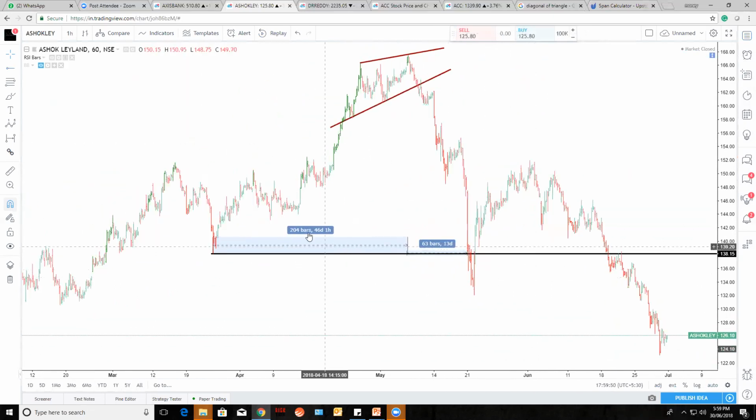And see, it took 204 bars, that is in 46 days, and the target came in 13 days. It's less than half. Or one fourth, how much it will become? 46 and 1/4. 46 1/4 is maybe 10 or 12 days. 11 and a half, 12 days. 12 days. Right? See the target. Very sharp, right? And it won't give any time to buyers.